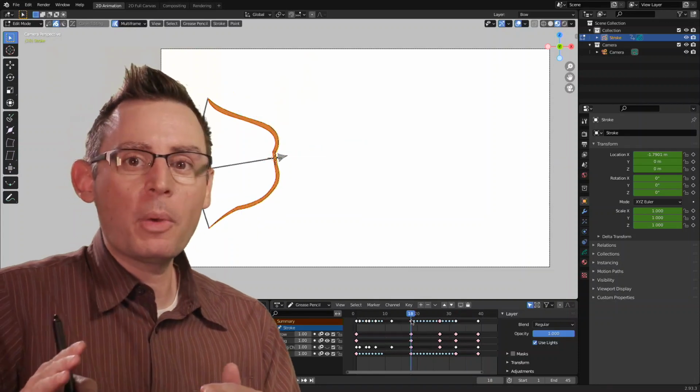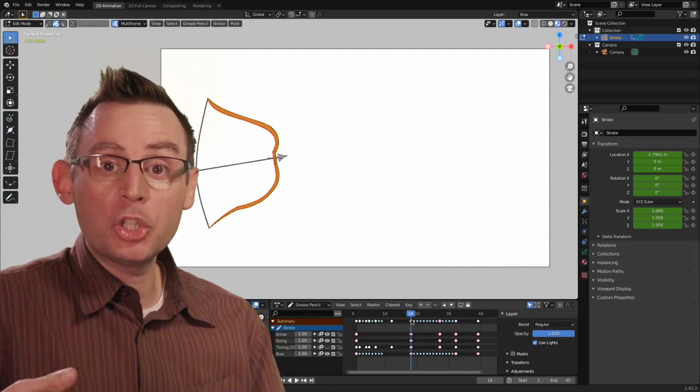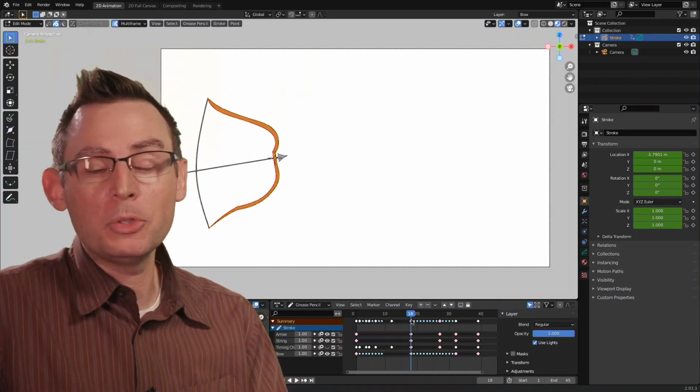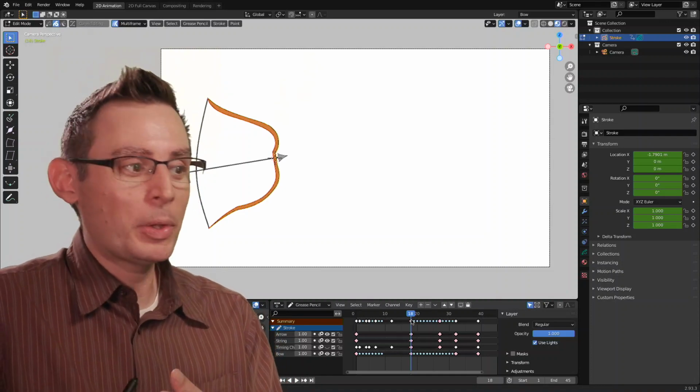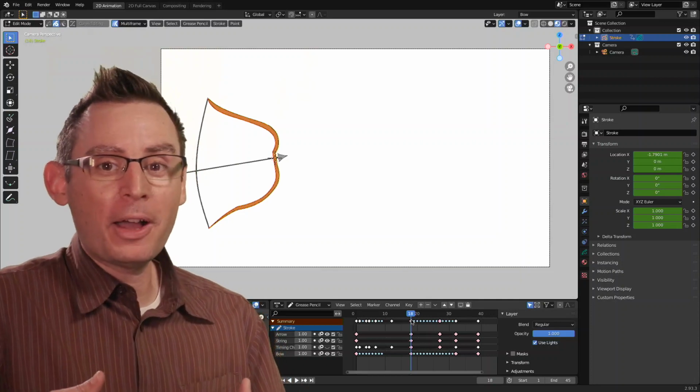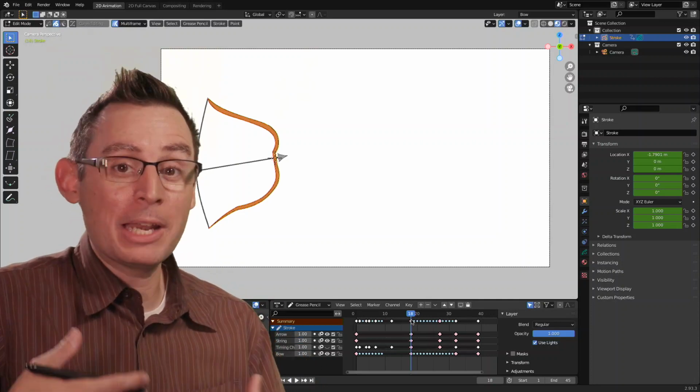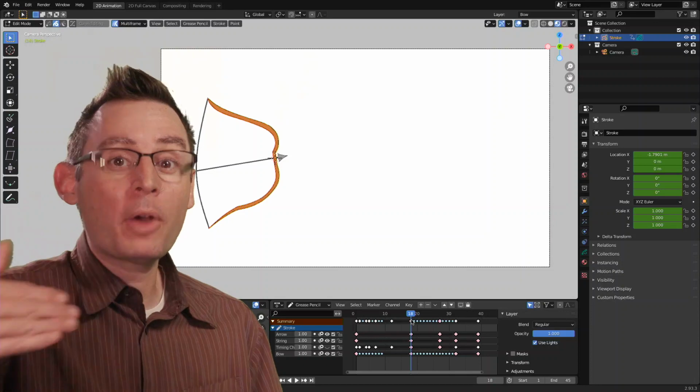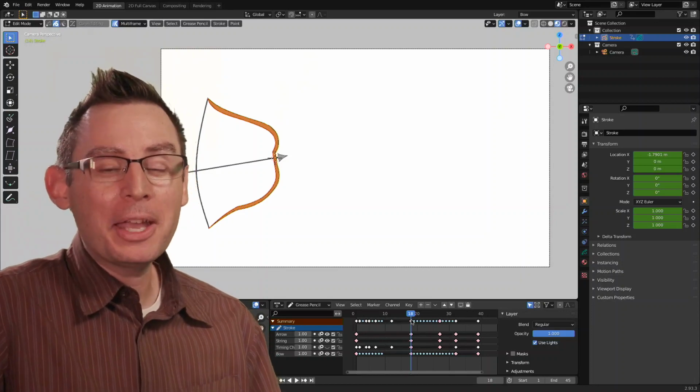So there's two different ways for the computer to help us generate all of these in-between frames using the interpolate tool and the interpolate sequence settings. I think you're going to find that they're a fantastic addition to our animation toolset, one that will help you craft your animations a little bit faster and definitely more efficient.